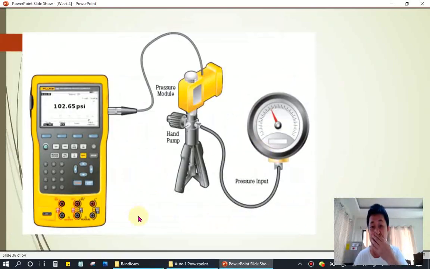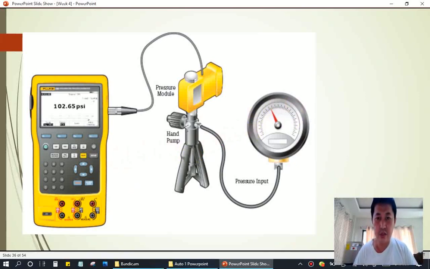When I was on board the ship, in my cabin there is what we call the pressure calibrator. We don't have the digital reading, but we have the analog. But we have here this calibrator. So by testing the pressure gauge on board the ship, we connect either in the digital reading instrument or in the analog, so we can test the pressure.